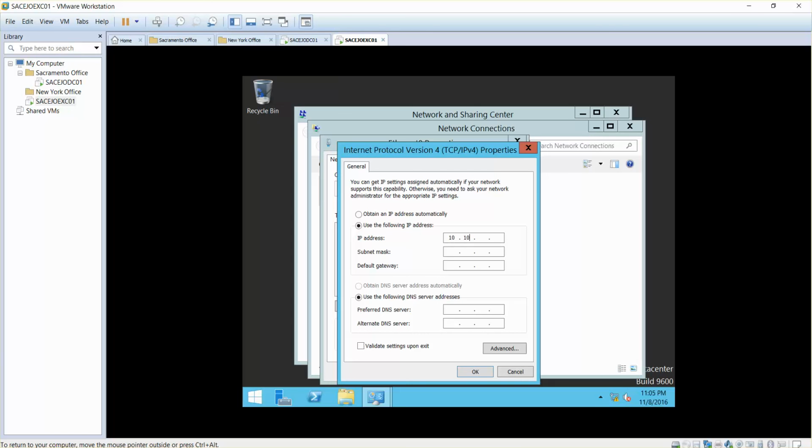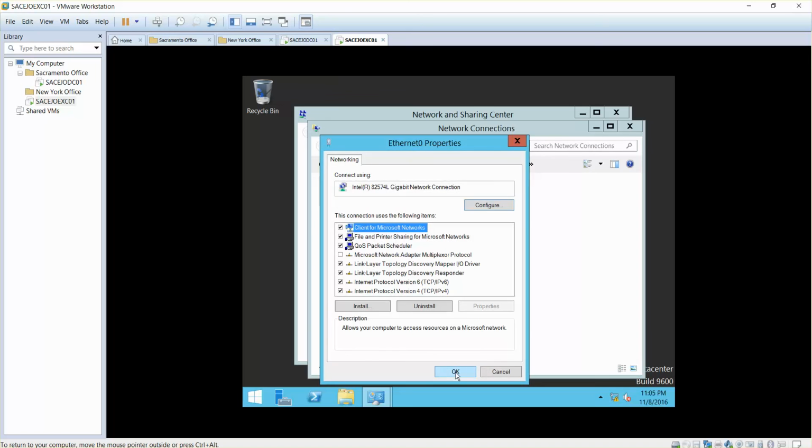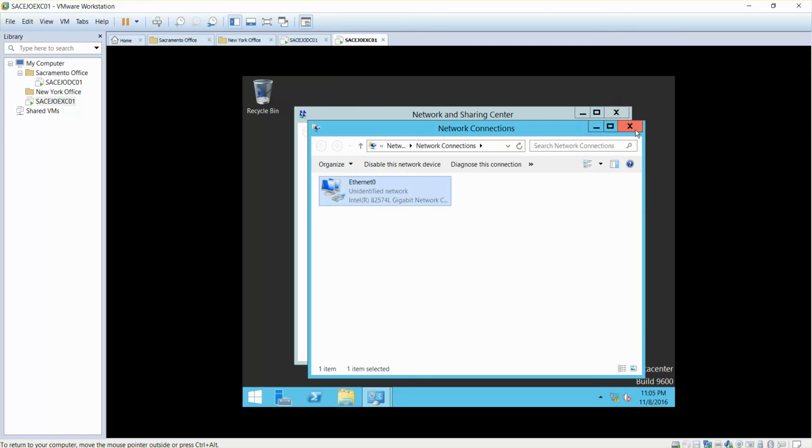should be 10.10.254.60, 255.255.255.0, and the domain controller is going to be 53, if you remember. So okay, after